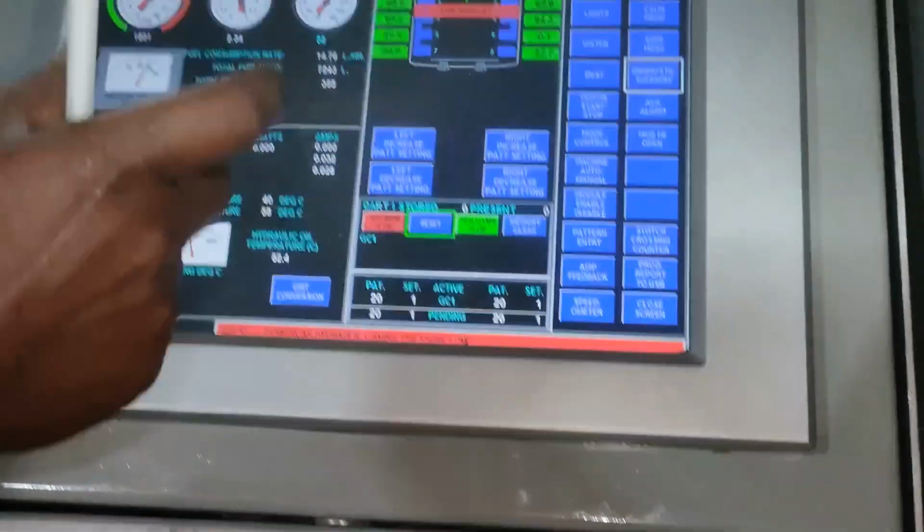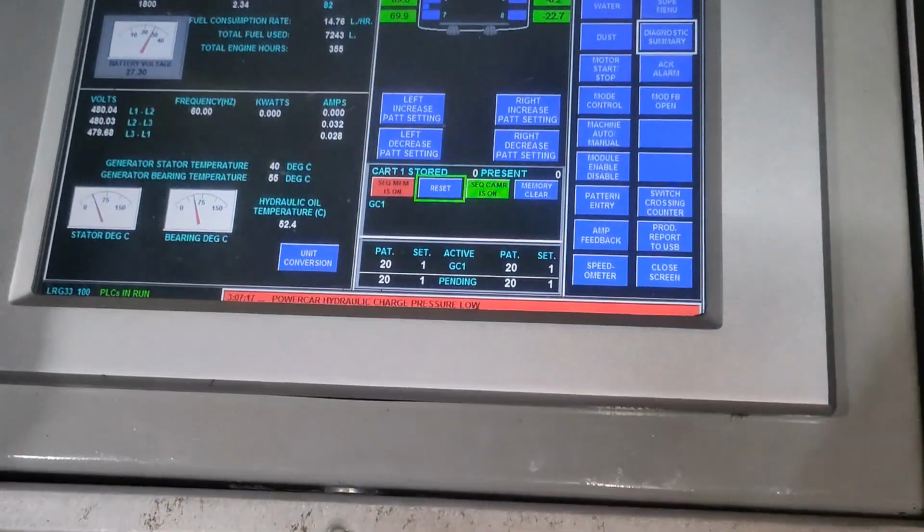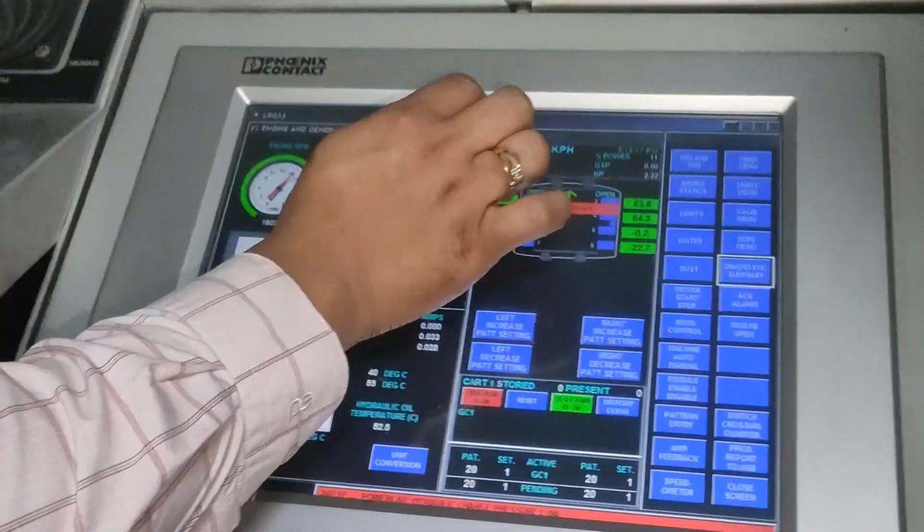355 is the total engine running hours. Yes, yes. No, it depends. If you reset it, it will be the starting point. For example, if there is